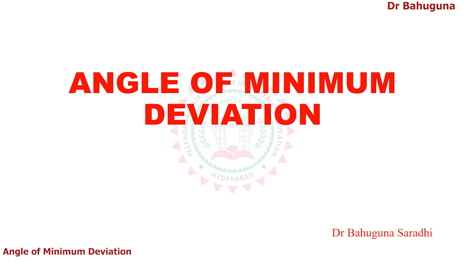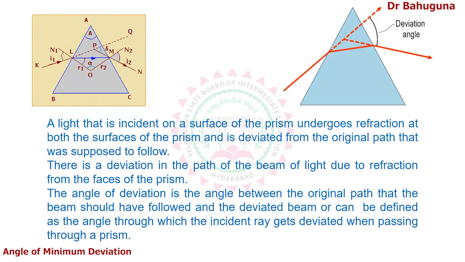We are going to discuss the angle of minimum deviation in the case of a prism. A light that is incident on a surface of a prism undergoes refraction at both surfaces of the prism and is deviated from the original path that it was supposed to follow. There is a deviation in the path of the beam of light due to refraction from the faces of the prism. The angle of deviation is the angle between the original path that the beam should have followed and the deviated beam, or it can be defined as the angle through which the incident ray gets deviated when passing through a